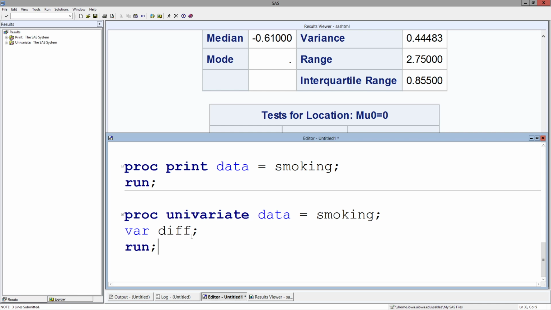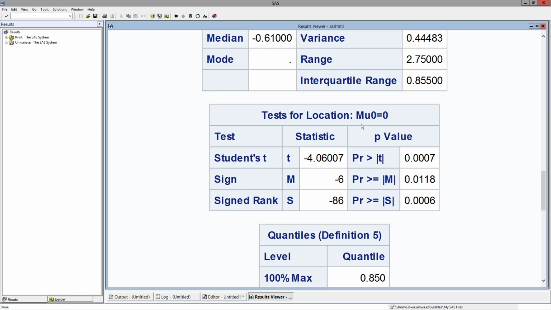So the mean of this one we can think of as mu d, and the null hypothesis is mu d is equal to 0, and our t-test statistic is negative 4.06, and whose corresponding p-value is